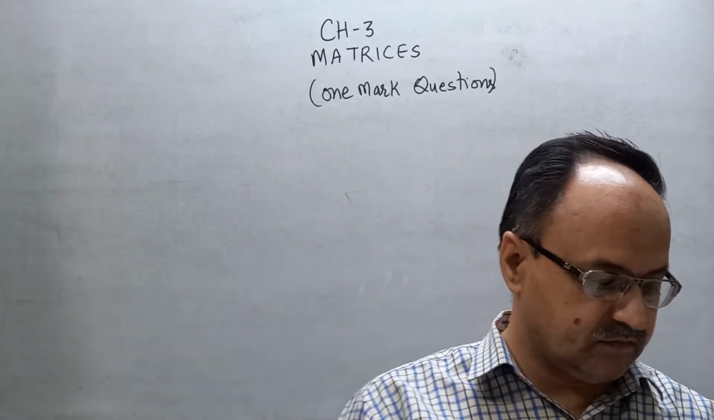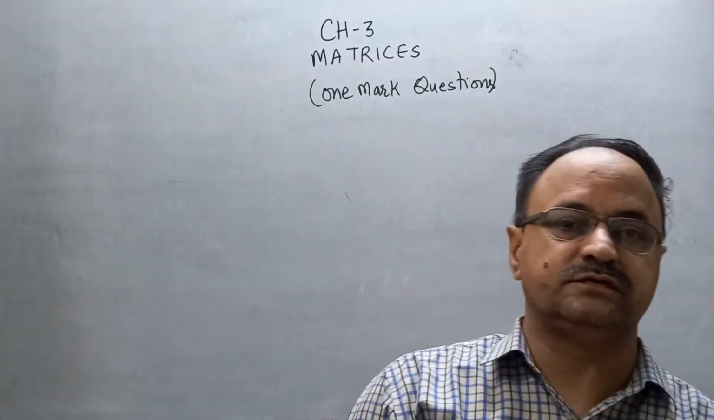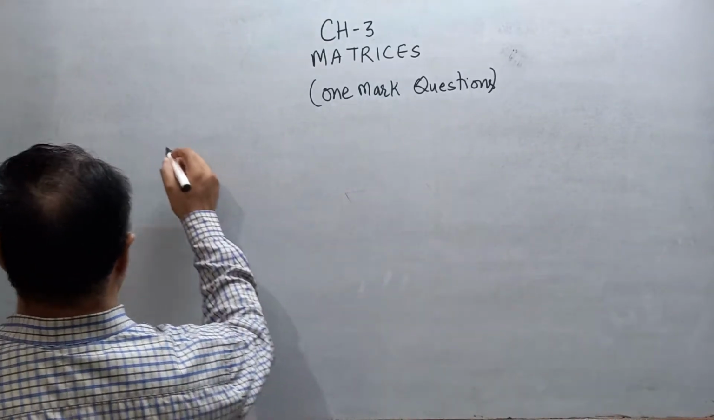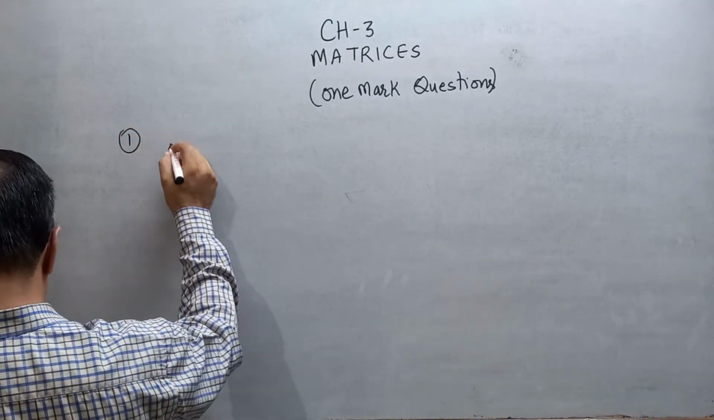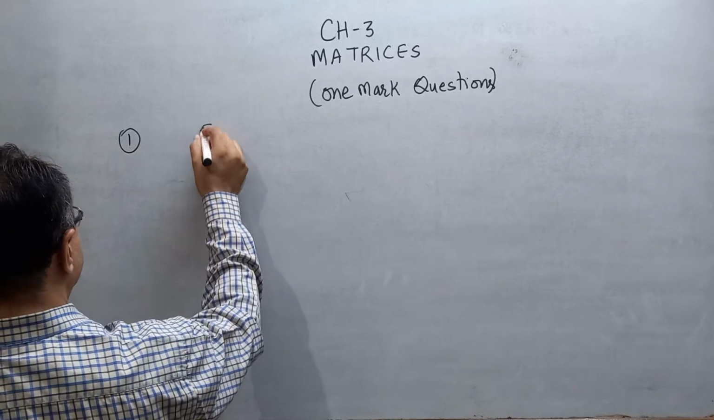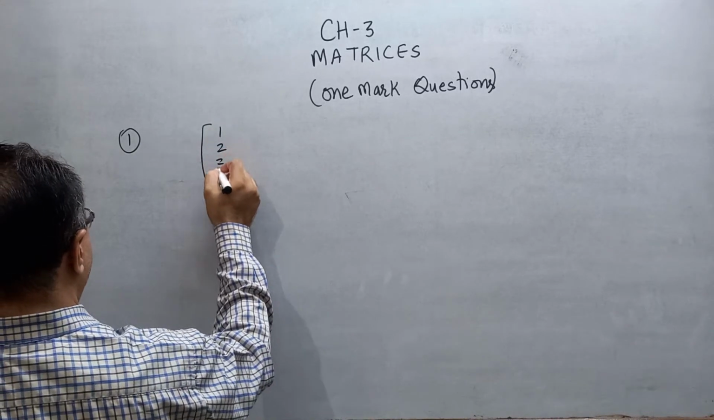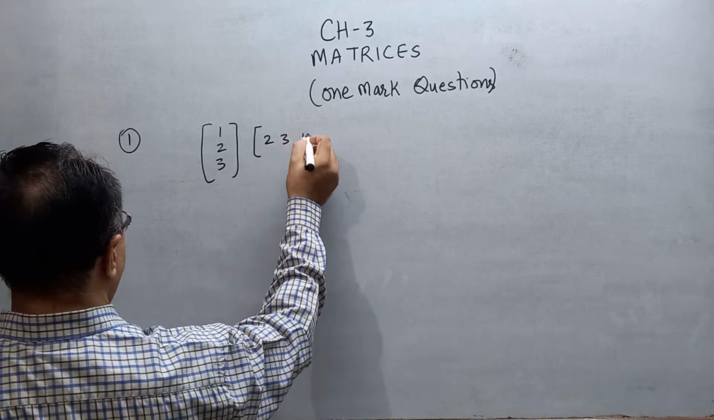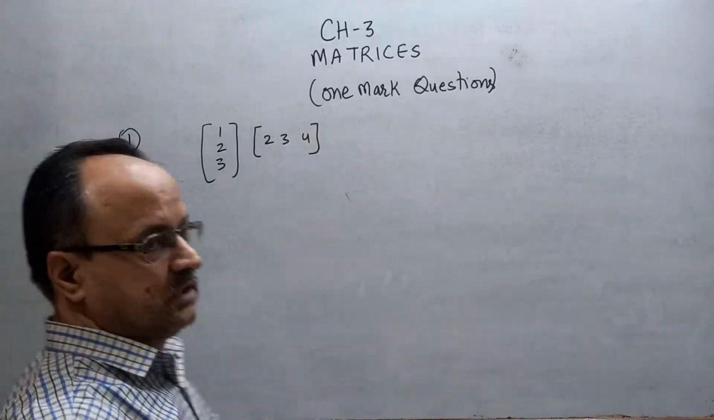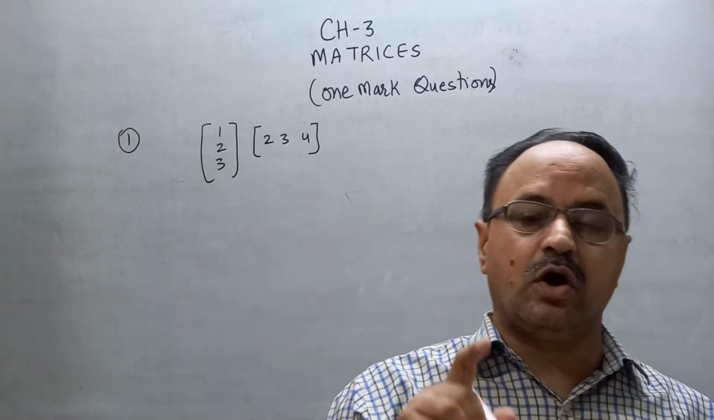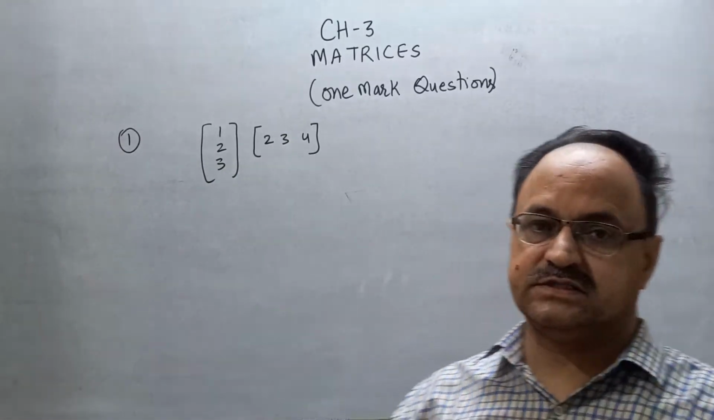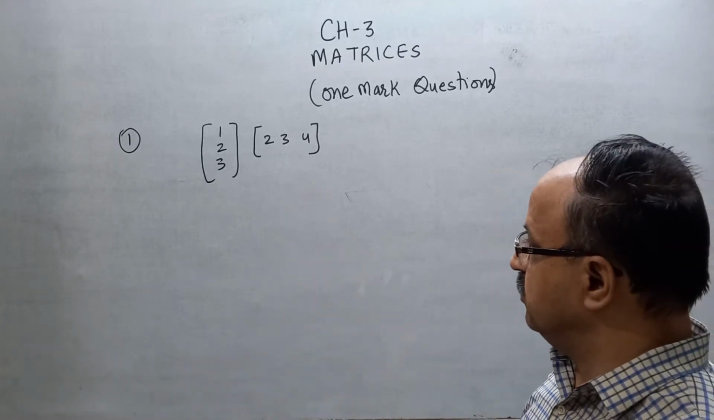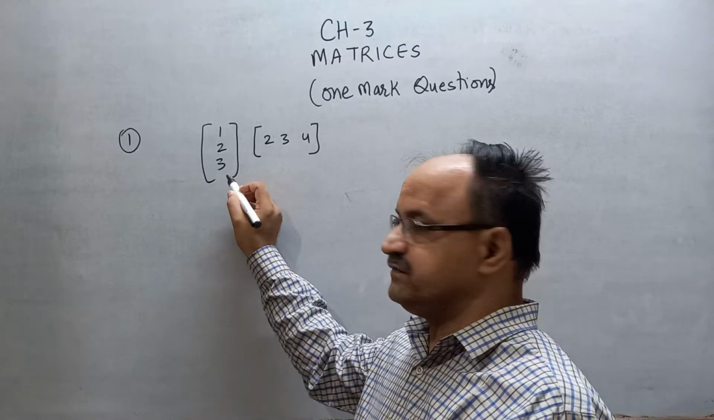Question number 1: write the order of the product of the matrices [1, 2, 3] and [2, 3, 4]. Write the order of the product of the matrix. You know the order of this matrix,